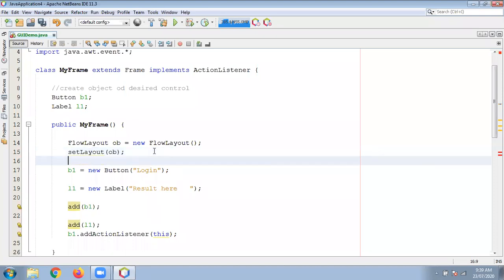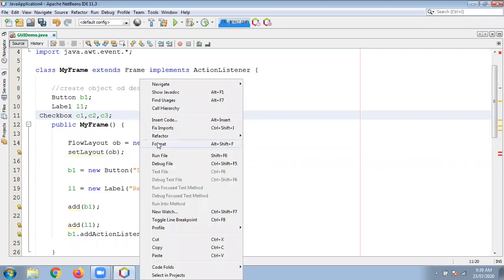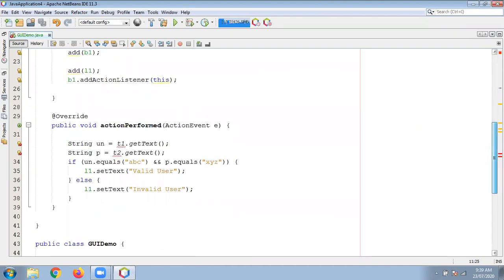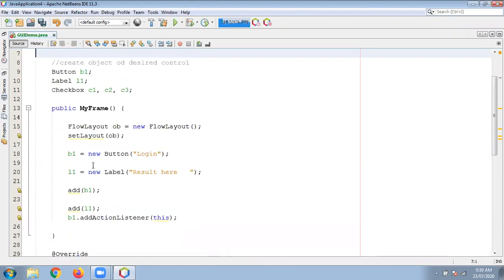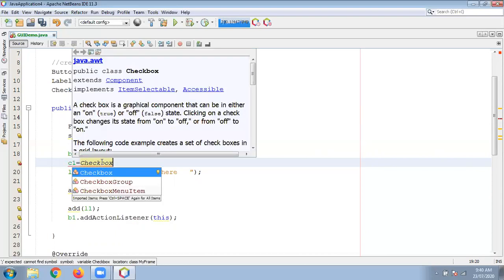Okay, so here I'm going to declare three checkboxes: checkbox C1, C2, and C3. Now, actually, a checkbox is a square box, and inside that square box, you can specify the action. That checkbox may be selected or the checkbox may be what, deselected. Okay, so first of all, remove this code. Okay, now create a simple checkbox. First of all, that will show you exactly how a checkbox looks like. C1 is equal to, the name of the class is which one, Checkbox in bracket. Okay, now you can use what,